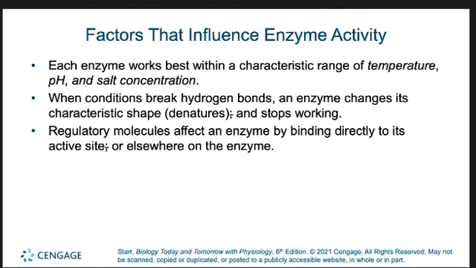Each enzyme has a set of conditions under which it works best. A proper pH, a proper temperature, a proper salt concentration are critical for the enzyme to maintain its shape in order for it to properly function. And when those conditions change, the enzyme can denature, okay? And if the enzyme denatures, then it won't work anymore. And that's one of the reasons that organisms try to maintain these values whenever possible in a process called homeostasis,